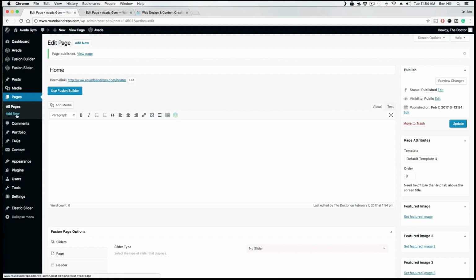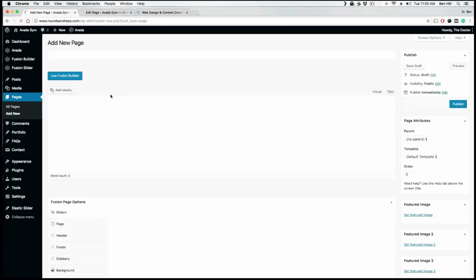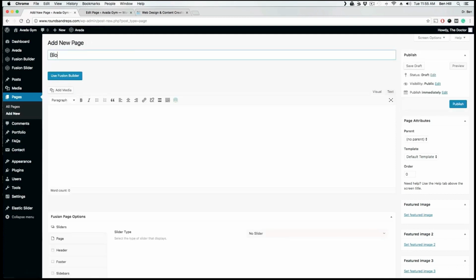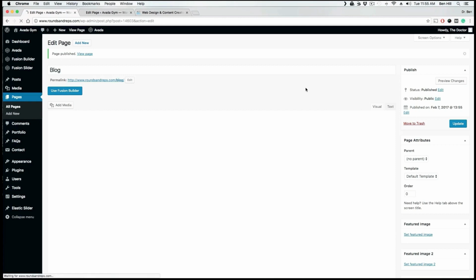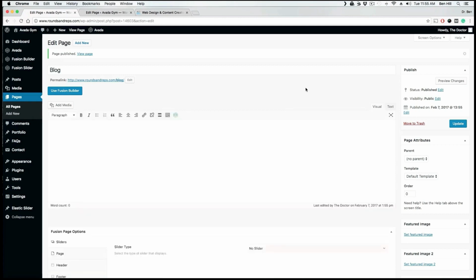And so I'm going to go ahead and go back here to Pages, Add New. And I'm going to create my blog page. Again, the blog page would be any page that you think you're going to post new content to. It doesn't have to be called blog, but I'll go ahead and call it that and hit Publish. And my advice to you would be just go ahead, get a couple pages, and do the same thing that I just did, and then from there, if you go to All Pages,